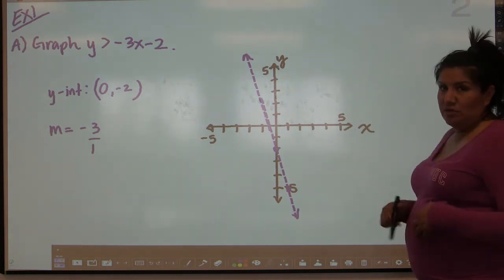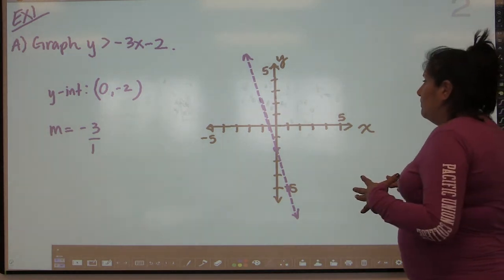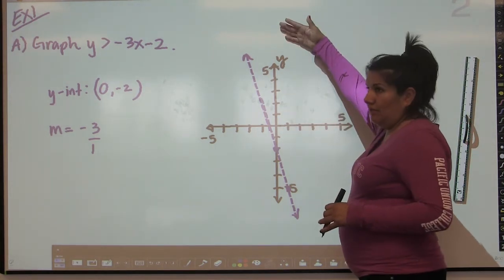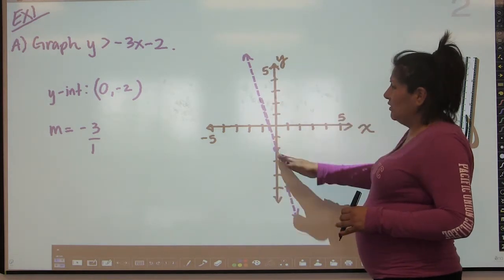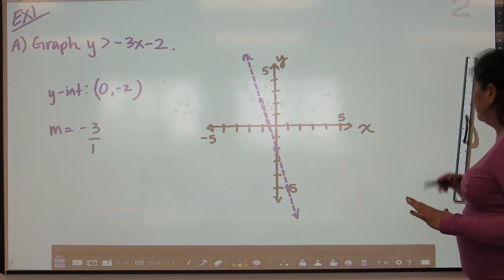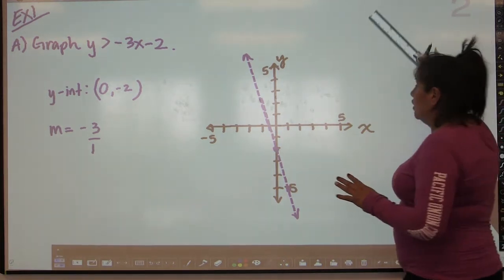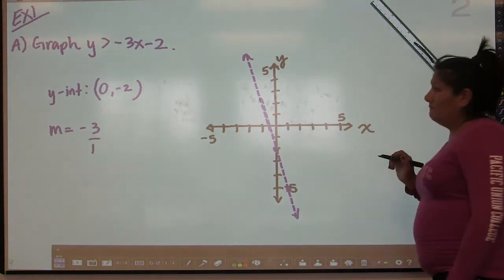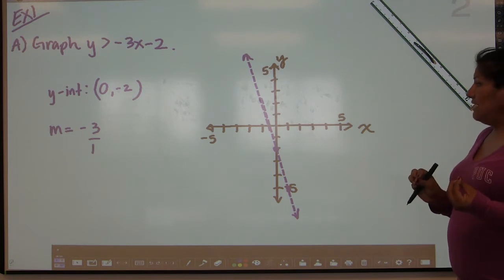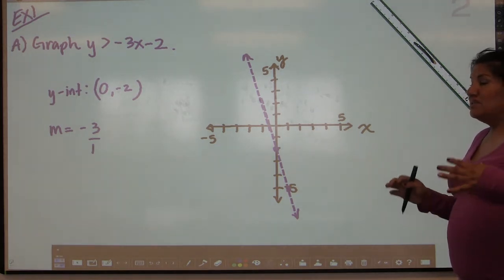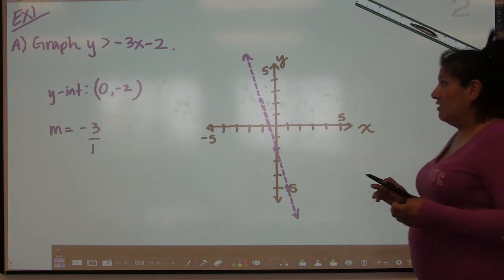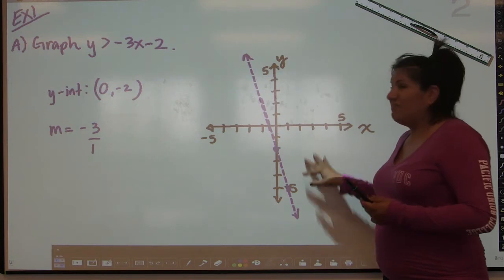Now, I don't know how many of you can actually tell just by looking at it that above doesn't really mean above. When I think of above, I think up here, and below, down here, but this line is not really above and below, it's more like left to right. So sometimes it can get confusing, especially when I'm really close to the origin here. There are times when you will graph the line, and because your graph is just slightly off, you might not get it to cross in the exact spot. So it is a very good way to check your work. Again, I do think that graphing above is going to be graphing this side,